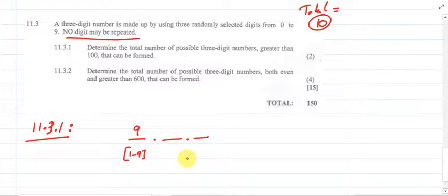Then in the second one, because I have used one number in the first, I can use any one of these numbers here, right? I can use any numbers from 0 to 9. Now because you have 10 numbers here, remember you have already used up one number in the front. So you have a total possibility from 0 to 9. Any number can go here from 0 to 9. But since you used up one number here, you only have 9 possibilities. Right. Now in the last